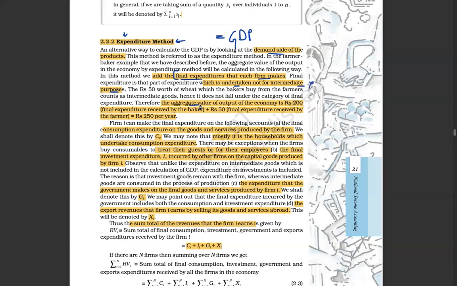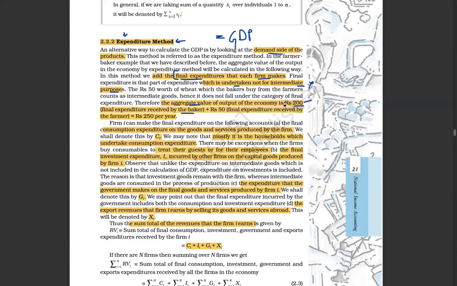So aggregate value of output of the economy is, let's say, rupees 200. जो हमने previous lecture में example लिया था of the bread maker and the farmer. So bread makers, they were making bread worth rupees 200. So aggregate value of output in the economy, this is rupees 200. This is the final expenditure जो baker receive करेंगे क्योंकि जिस price पे वो लोग bread sell कर रहे हैं, that is rupees 200. तो 200 rupees की suppose को consumer ब्रेड बाय कर लेता है तो this is the